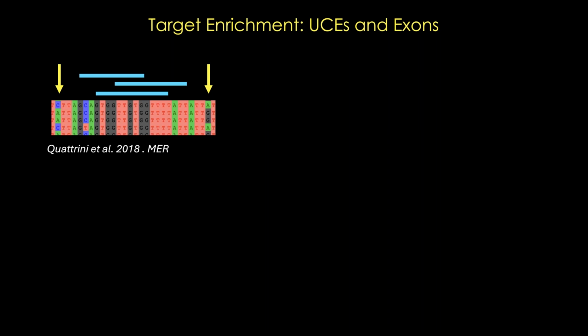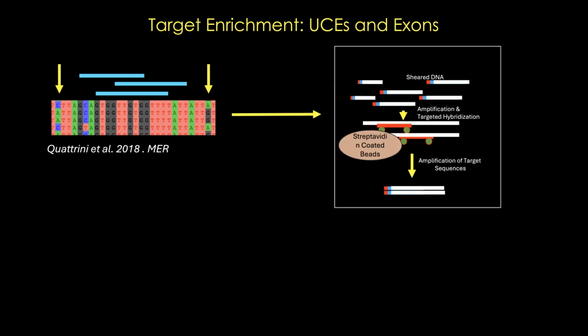So we designed these baits and published this paper in 2018. Now, what does this look like in the lab? You basically start with a library preparation, you shear DNA, you amplify it, and then you hybridize these baits to all of the sheared DNA fragments that have been PCR amplified. After hybridization, you amplify them again and you get rid of all of the off-target sequences or sequences that you're